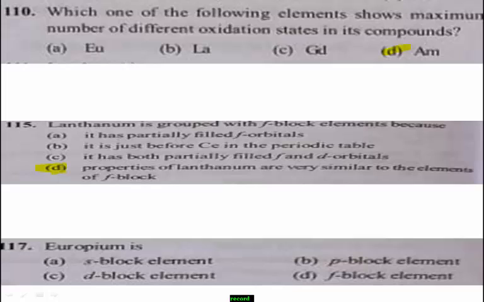If you want to write the electronic configuration, note down 4f1 to 14, 5d0 to 1, 6s2. It is the general formula for F block elements. When you write the electronic configuration of europium, I write Xe, meaning xenon, one of the noble gases, and in front of that xenon I write 4f7 6s2.